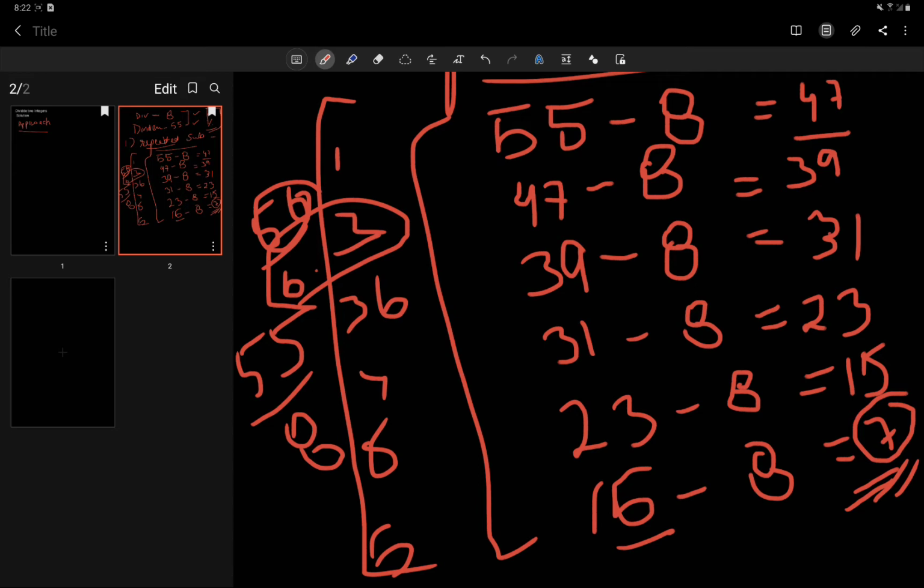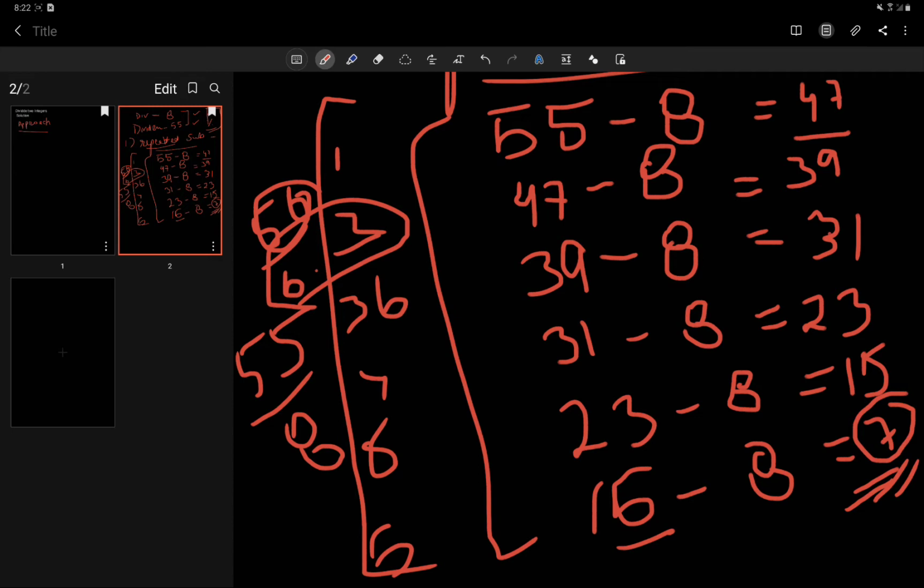Alright. So with the repeated subtraction, to get the quotient, we are just subtracting the divisor from the dividend until the dividend becomes the remainder. That's a very important point. How the dividend becomes the remainder as we keep on subtracting it. Okay, are you getting my point?